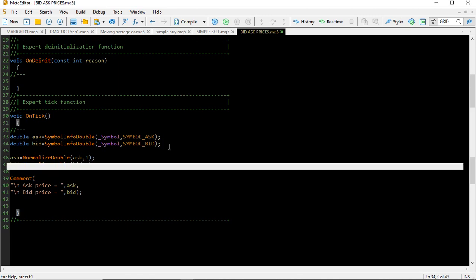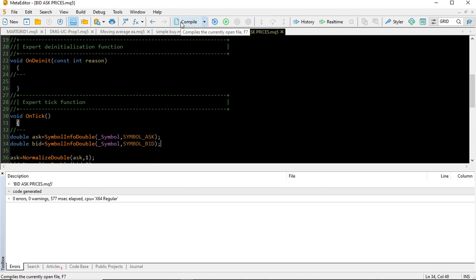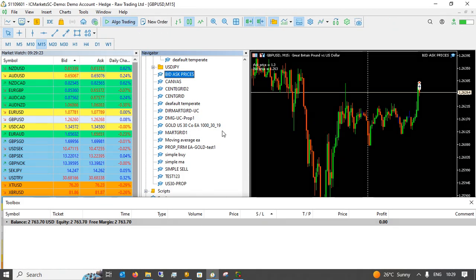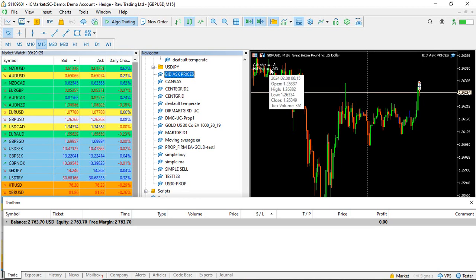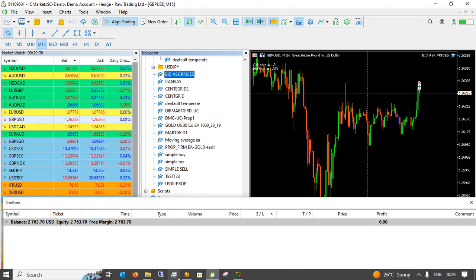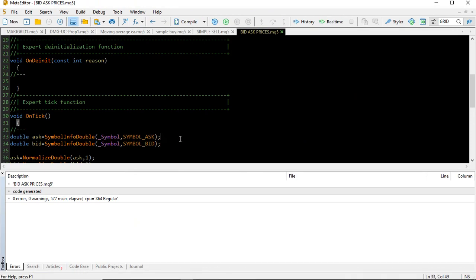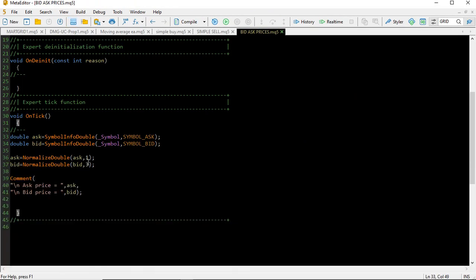And we compile. We can compile using the F7 shortcut, or you could just press compile there. So when you compile, you can see the bid price has 3 decimal places, while the ask price has only 1 decimal place. To round them off to the given number of decimal places the given symbol has, for example, EURUSD, GBPUSD, they tend to have like 5 decimal places,